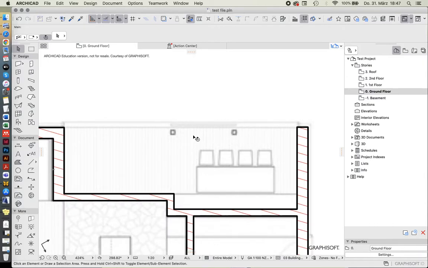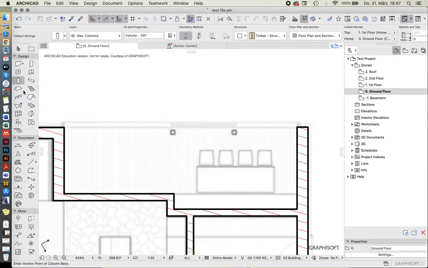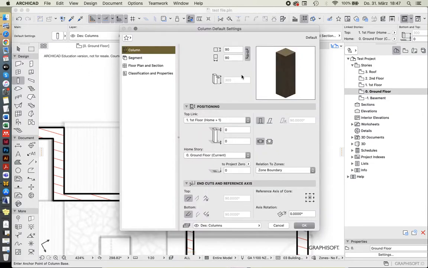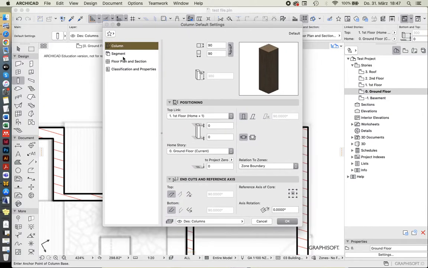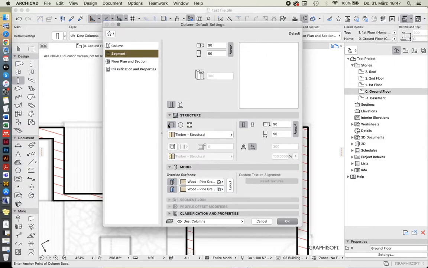Then over here, that's actually open. That's open to the outside. So these two little things are columns, and we can use the column tool here again. Same kind of procedure as with the walls. You just click onto the settings dialog, and that one will pop up. There's a tiny sub menu on the left hand side. If you go to segment, down here you can actually change